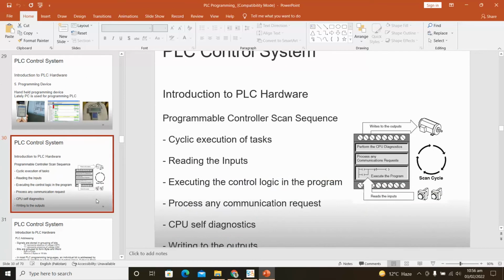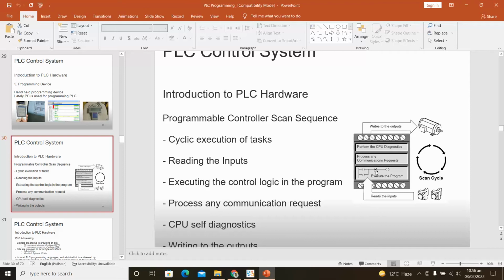And for that, we have already revised some, yeah, so this cycle is also important. We have to scan continuously all the inputs one after the other, and it happens at a megahertz. I mean, in a fraction of a second, you have to listen to every sensor and then you have to do some processing and then you compute the output based on the logic diagram, and then you just send that to the output device and then you sense the input again. So this scan cycle refers to reading the inputs from the input devices, and the second step is